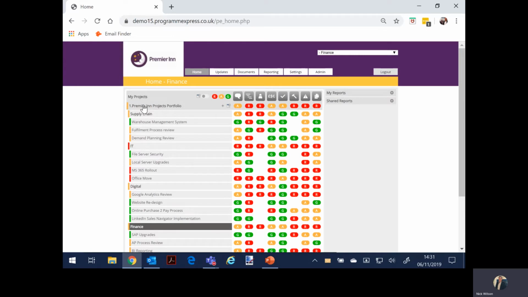So from this home screen, we've got an instant dashboard of the red, amber, green status of each of the projects. Across each of the modules shown on the home screen as icons, but better described through the Updates tab as